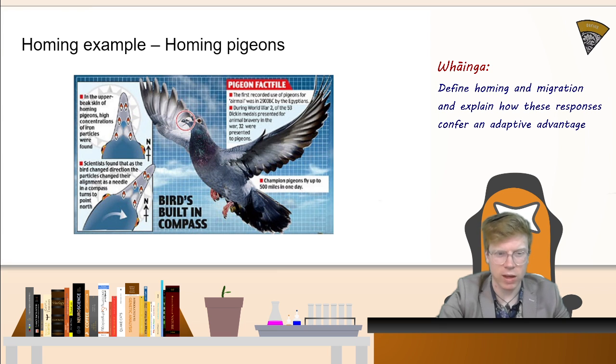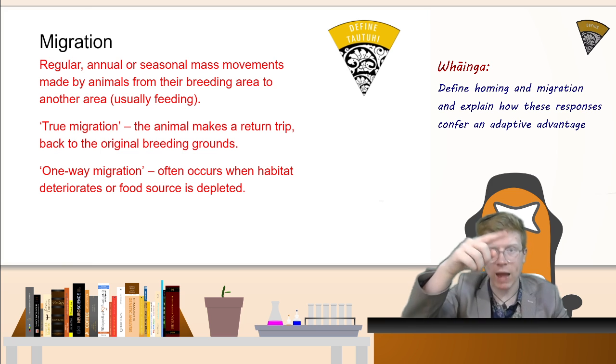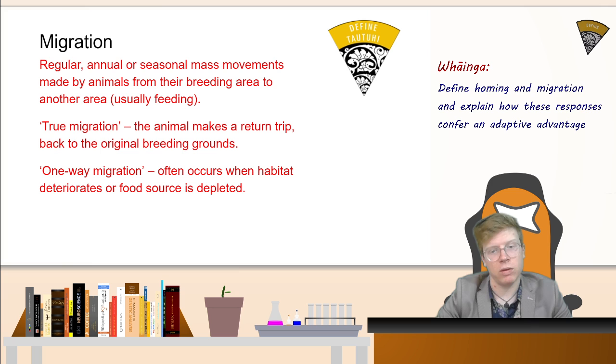Now we're going to move on to migration, which is slightly different than homing. Migration is regular, seasonal, mass movements made by animals from their breeding area, usually to another area. More often than not, this is to do with feeding. There are two different forms of migration we need to know. True migration, which is that round trip coming back to the original spot, and one-way migration, which is usually because the local area has deteriorated sufficiently that the organisms need to find a spot where